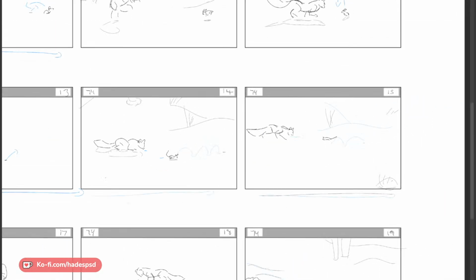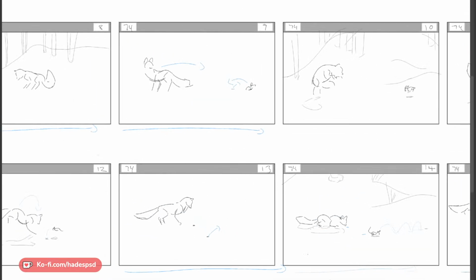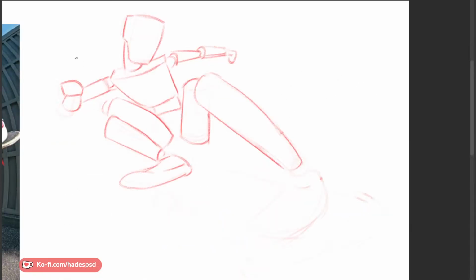But yeah, this is what I'm doing at the moment. Soon I hope to start to get myself a script and then try and storyboard something on my own. But yeah, this is what my storyboarding stuff looks like right now. Perspective, I don't really do perspective studies. I should for storyboarding. And for character designs, I'm still learning how to do that.